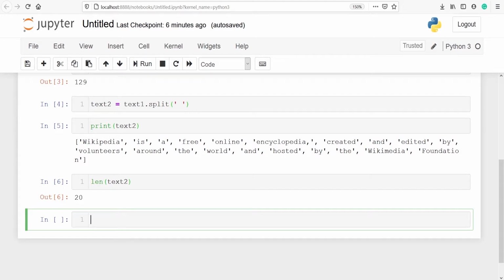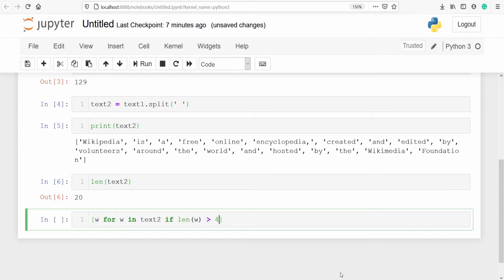We can also find specific words. For example, we want to find words that are more than 4 letters long. We will use list comprehension. So here you will see this word is made up of 2 characters and this word is made up of 4 characters. We want to find words that are made up of more than 4 characters. I'll write one list comprehension: w for w in text2, and then I will write the condition if length of w is greater than 4.